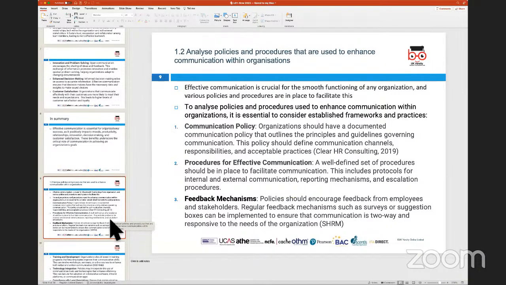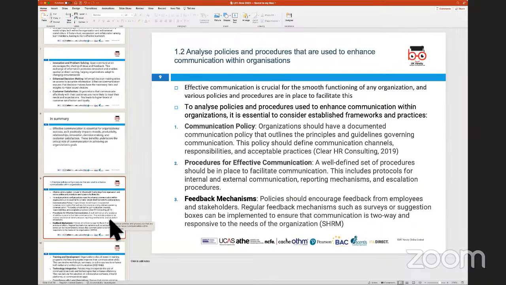Now, when you go into a surgery or call an ambulance, it's understood that as per standard operating procedure, the wait times tend to be anywhere between half an hour to 2 hours. That is acceptable practice. If this is documented in the policy, then it is clearly communicated. People who go through the policy would clearly understand this, and that is why this policy or procedure would work, and that would enhance the communication within the organization.